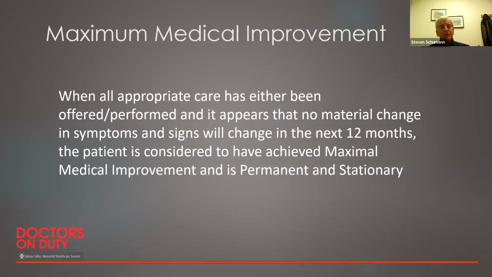Maximal medical improvement, of course, you recall, is the provider's observation that we just aren't going to be able to likely improve their condition in the next 12 months. And then the administrative term is permanent stationary. And what happens then is the active claim is concluded, but as we recommend, we may do a PR4 and recommend future medical care, then that can be provided for the patient.